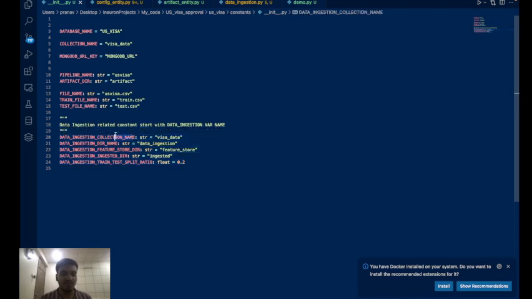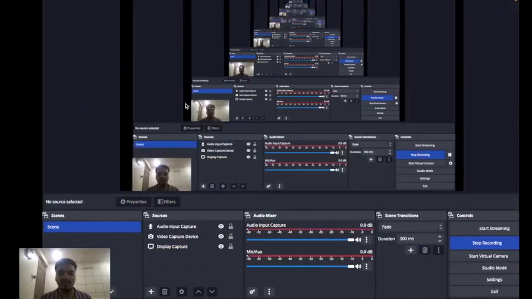So for collection name, we have kept visa data. For our directory name, data ingestion. For our feature store directory, feature store is the name, and ingested, and the float is equal to 0.2. This is our train test split ratio that we are defining here. So these are the bunch of constants, and we'll create another file inside